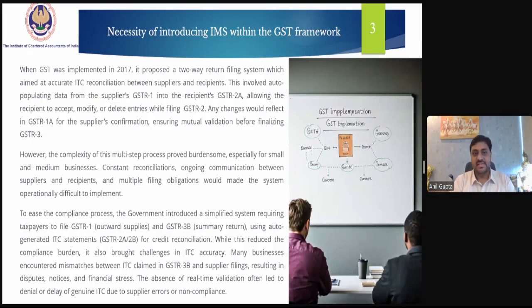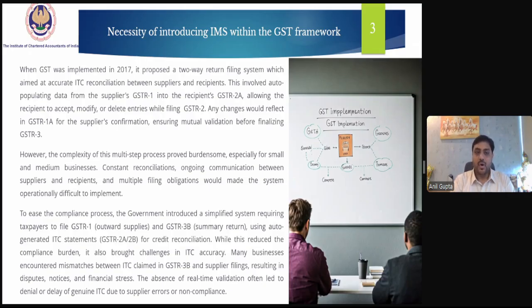So what is the necessity of IMS in the GST framework? When GST was implemented in 2017, a two-way return filing system was proposed, which aimed at accurate ITC reconciliation between the suppliers and the recipients.